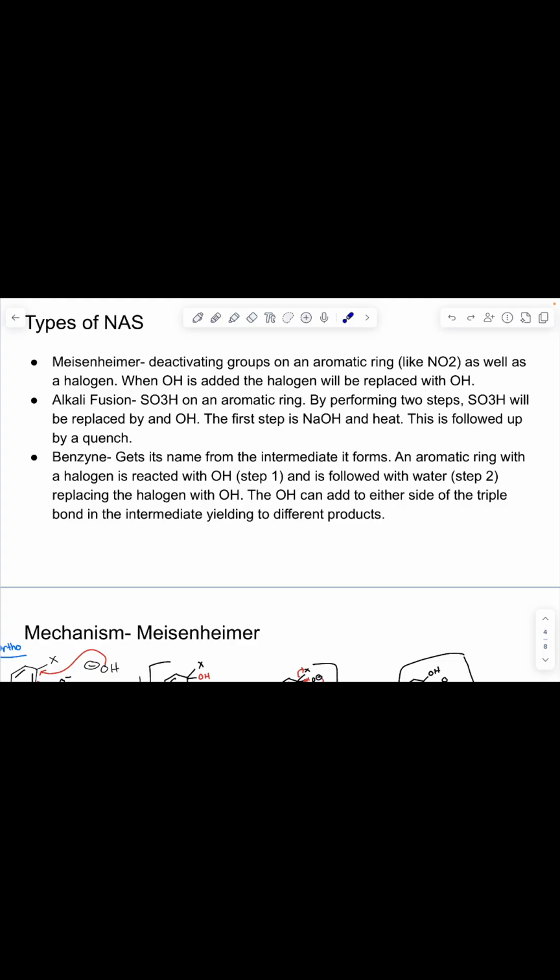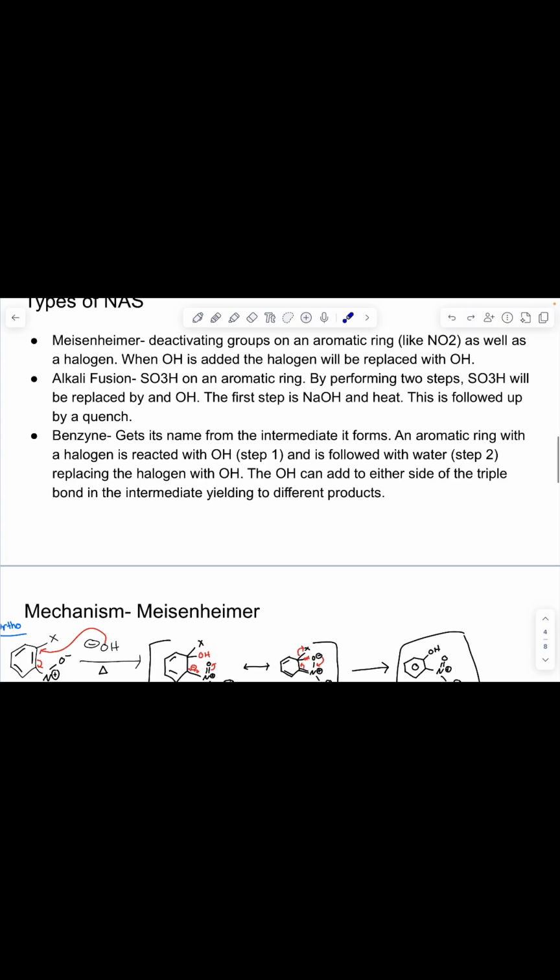The last reaction type is benzyne, and this gets its name from the intermediate it forms. So, whereas benzene normally has those three double bonds in its aromatic system, like this is how you see it drawn, benzyne has two of those double bonds, and in the third position it's a triple bond. This is very reactive. It's super high energy,